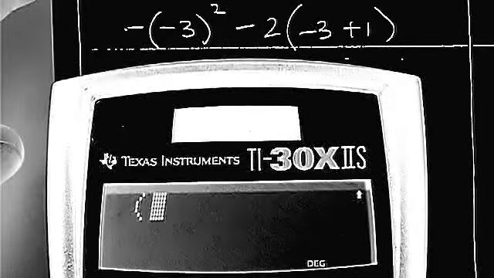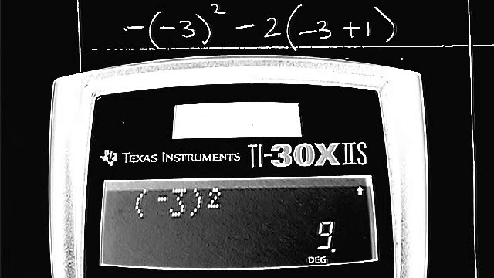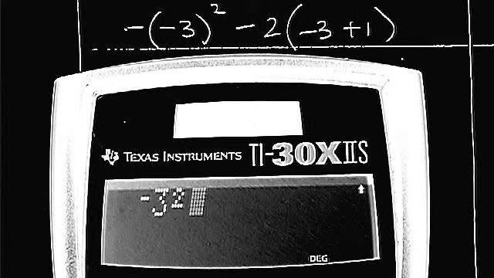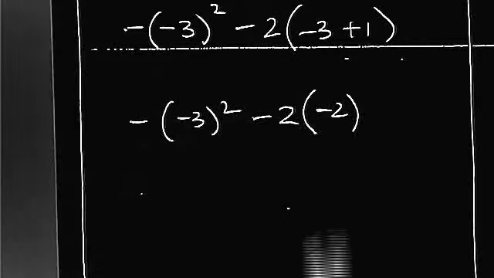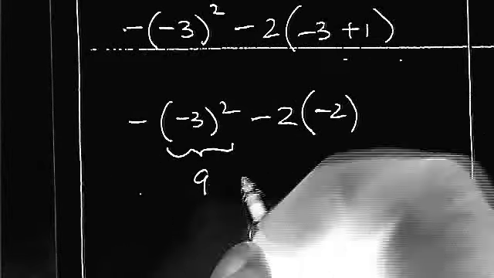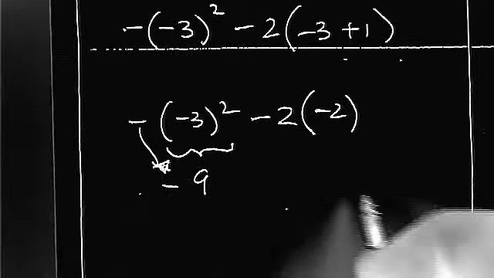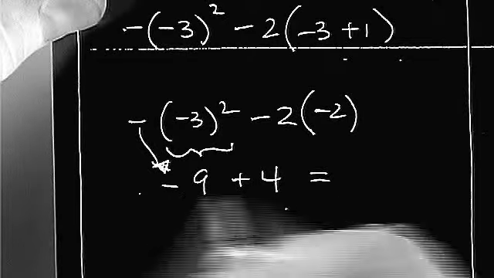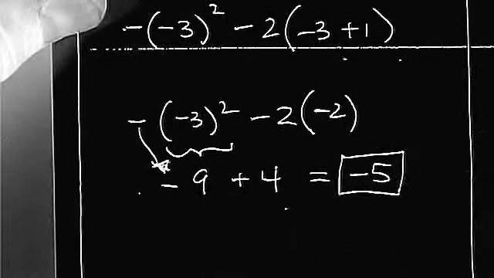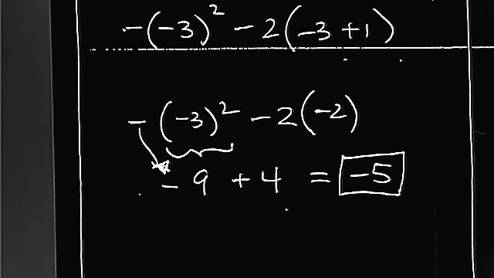Okay, so we've got negative 3 squared. So that's 9. I promise you, if you do not use the parentheses, like I'm telling you, you will get the wrong answer. Okay? So this part right here is 9, and then of course we've got the negative that goes with it from the front. And then we have negative 2 times negative 2, or positive 4. Now I can add from left to right, giving me negative 5 for my answer. Okay? Use that calculator to help you, or use parentheses around negative values when you're raising them to a